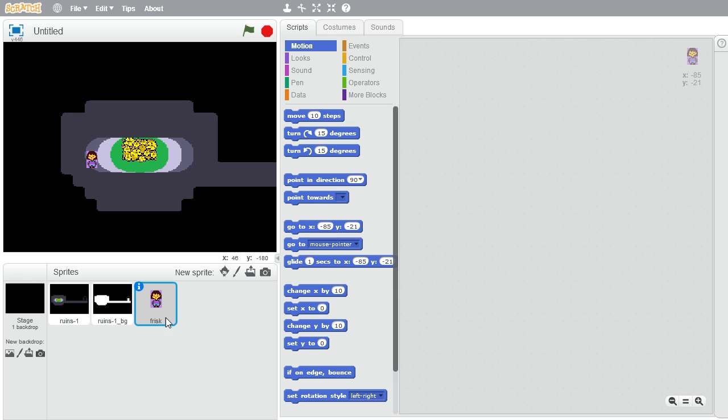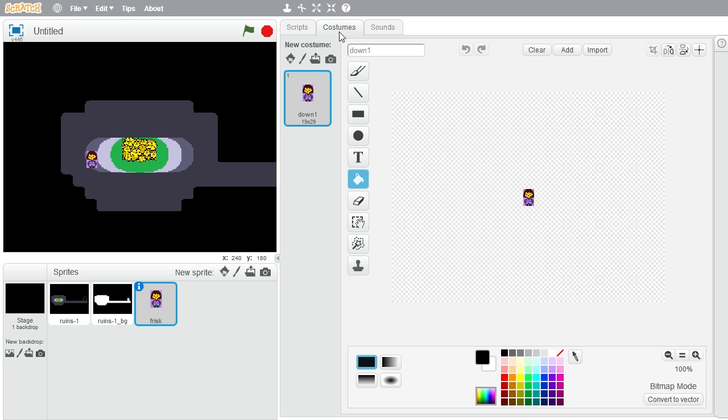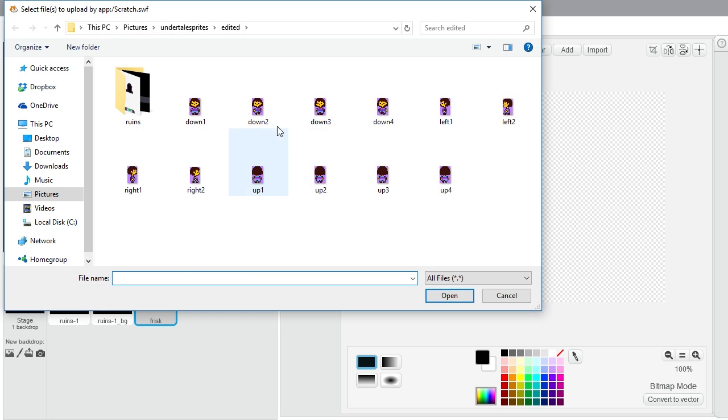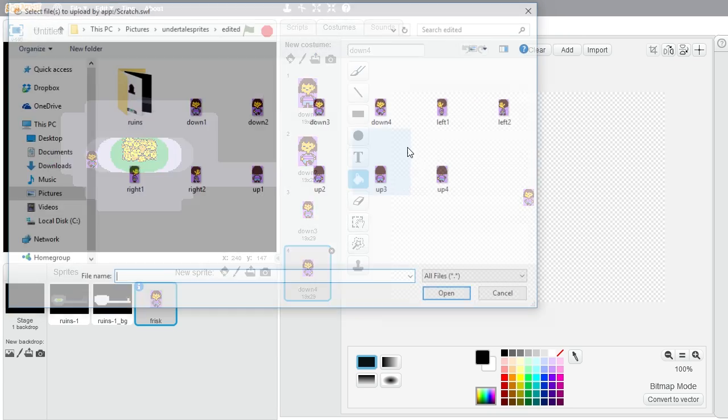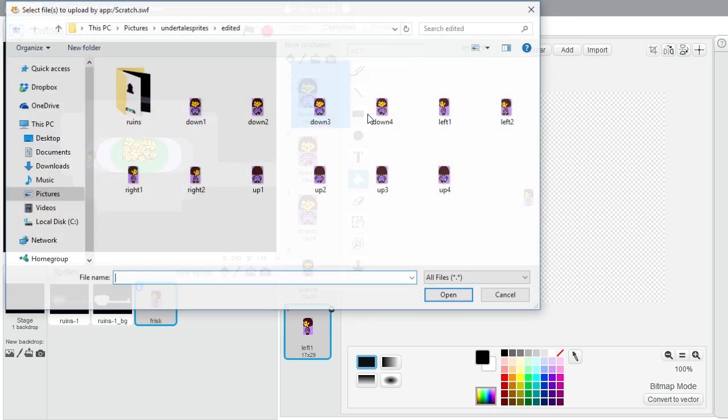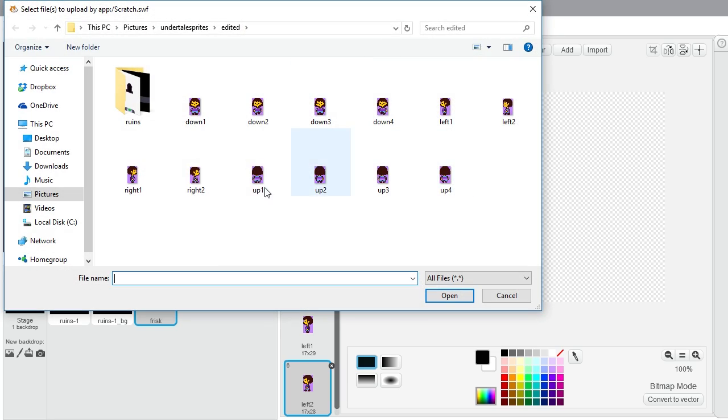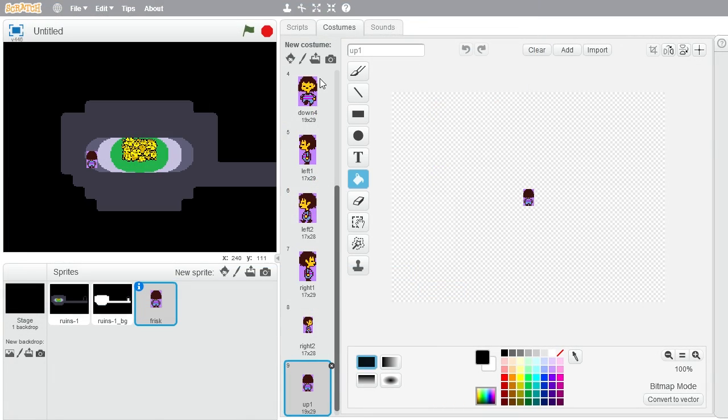So yeah, click on Frisk, go into costumes, and basically what you're going to want to do is you've already got down 1, so you're just going to import all these different ones right here. Down 1, down 2, down 3, down 4, and just keep doing this for all of them. Okay, right 1, right 2, up 1, up 2,